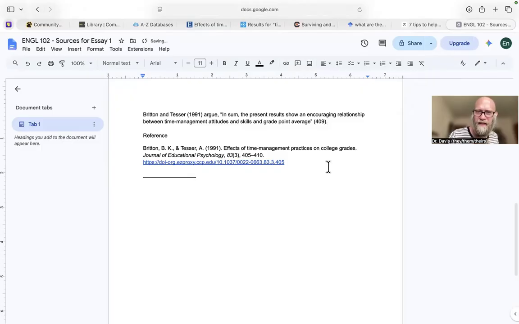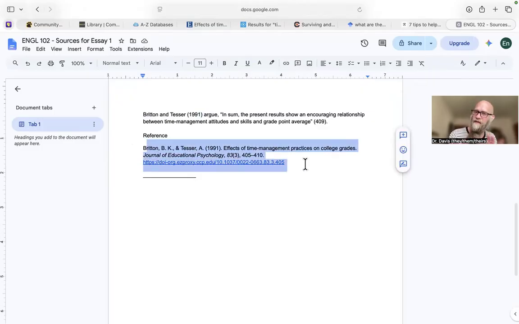A period at the end of the sentence. We have the in-text citation to the author, authors, and year. We have the quote in quotation marks, and we have the page number. This is the information that we need for a good quote. We could use this in the intro and contrast it with another strategy. And then when we get to the reference page, look at that. We just have to copy and paste that instead of typing all this stuff out.